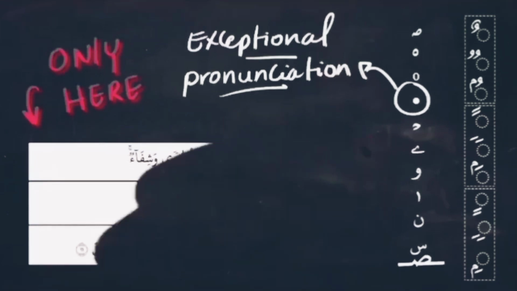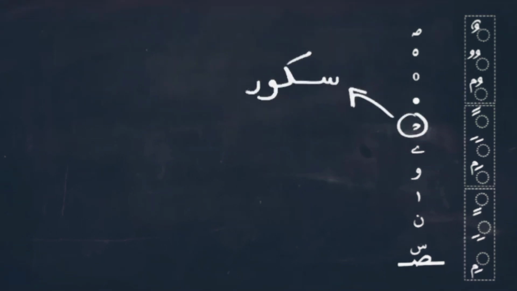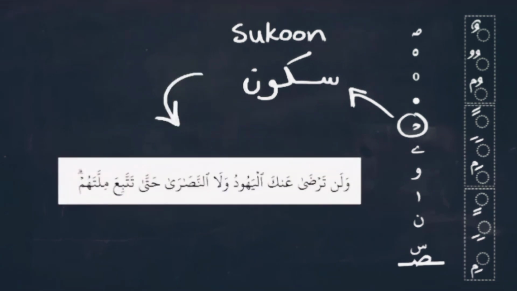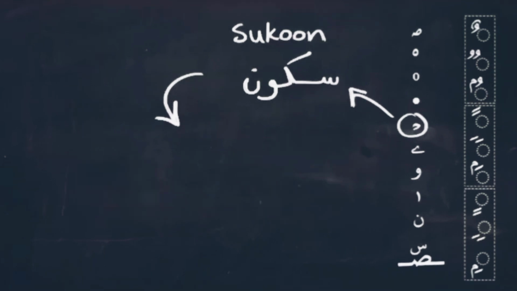Next is a sign that looks like a small ha. And this sign is actually the sign that refers to the sukoon. There's also another sign for sukoon in Quran, and that is completely nothing. Like in this example. وَلَن تَرْضَى عَنْكَ الْيَهُودِ. Now, as you can see, the noon in len has sukoon, but there is nothing there. And in the word tarda, there is a sukoon above the ra. So this sign refers to the sukoon.